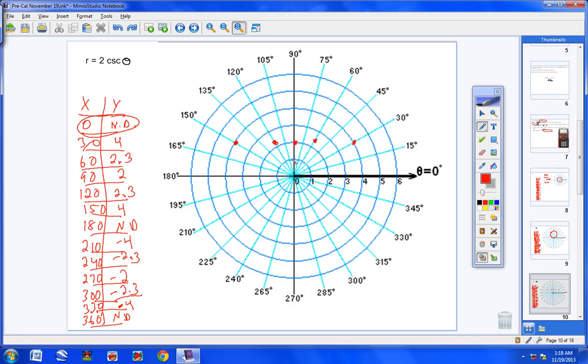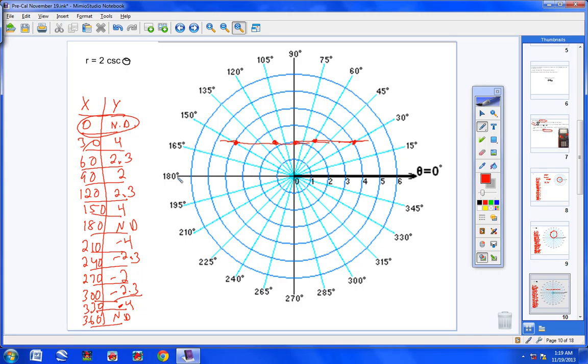It's right there. And then so on and so forth. This point will be repeated, and this point will be repeated right here. And so what you see is you have a line. That's it. You have a straight line, okay? And that's the graph of this polar equation. Now,